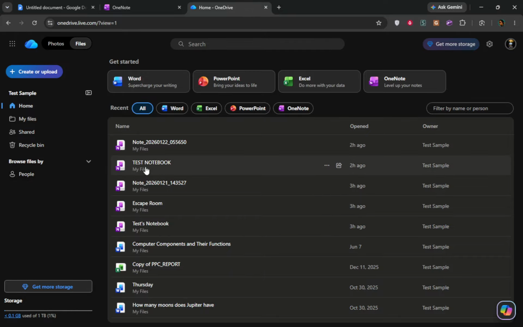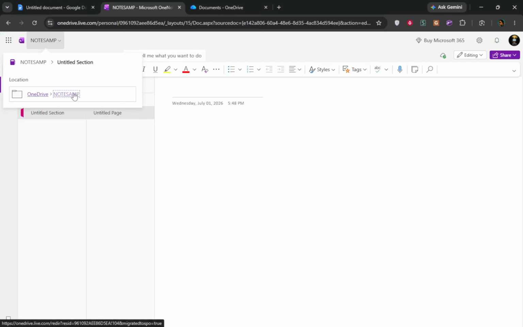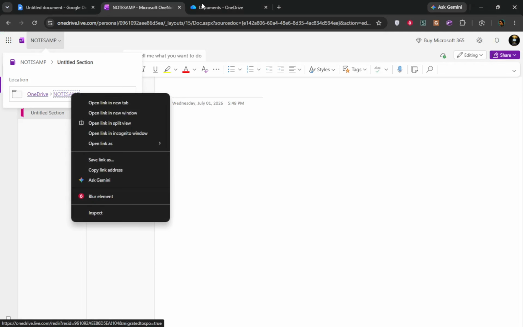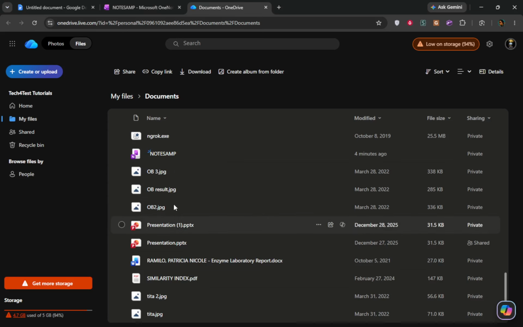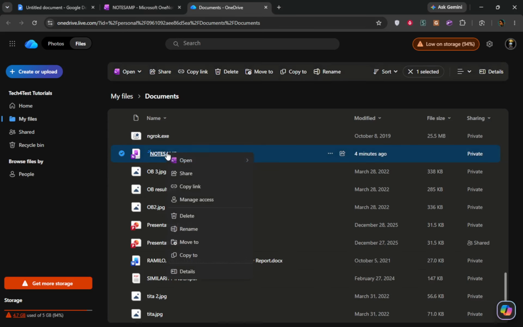After that, right-click the notebook and select Rename. This action will allow you to edit the name of the notebook directly. A text box should appear for you to enter the new name. It's a quick and straightforward process, but make sure you type the new name carefully. This step is where you can personalize your notebook to better reflect its contents or purpose.